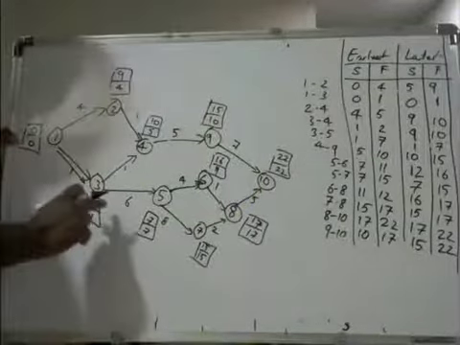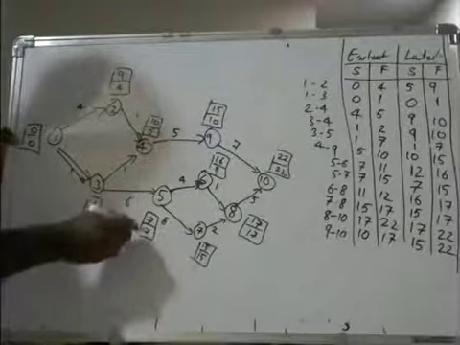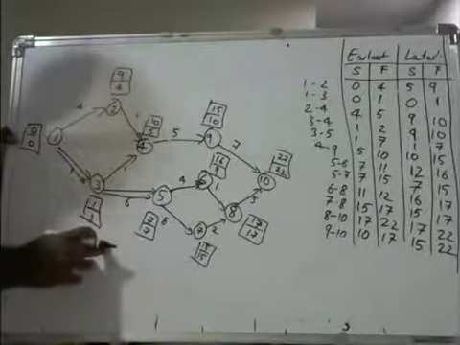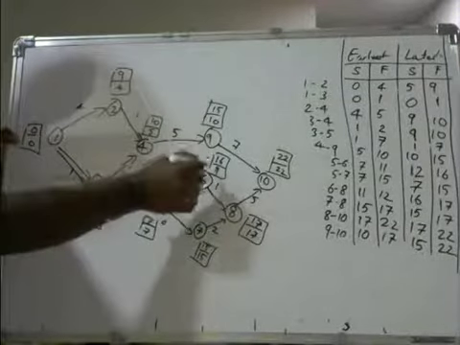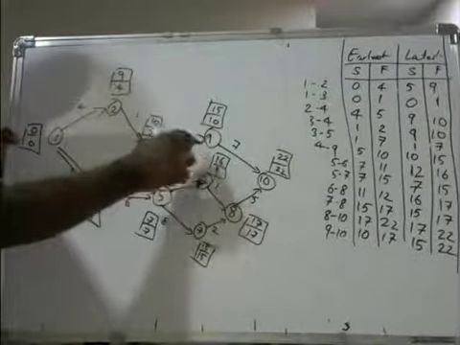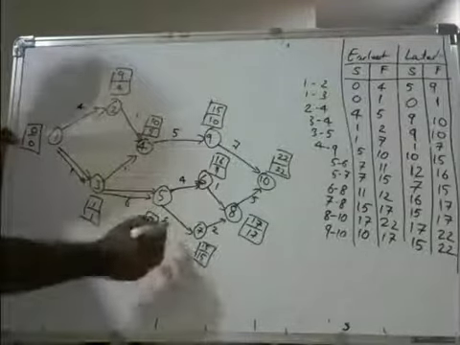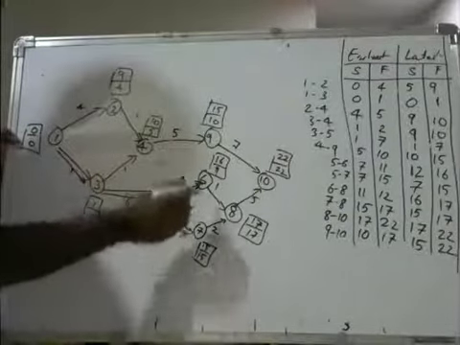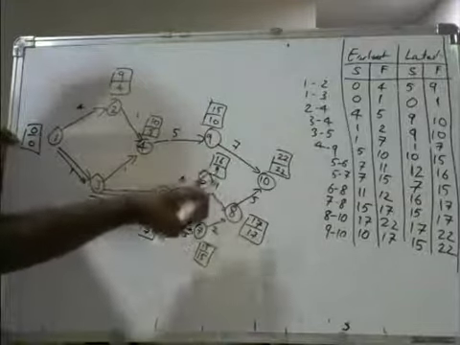Now, is this a critical activity? 1 1 joining to 7 7. Yes, both are same. Earlier start and finish. So it is a critical activity. Now, is this a critical activity? Joining 7 7 to 16 11. No, both are not same. 16 and 11 are not same. So not a critical activity. 15 15. Yes, it is a critical activity. Okay. Now, 16 11 and 17 17. No, this 16 11 is there. It's not a critical activity.